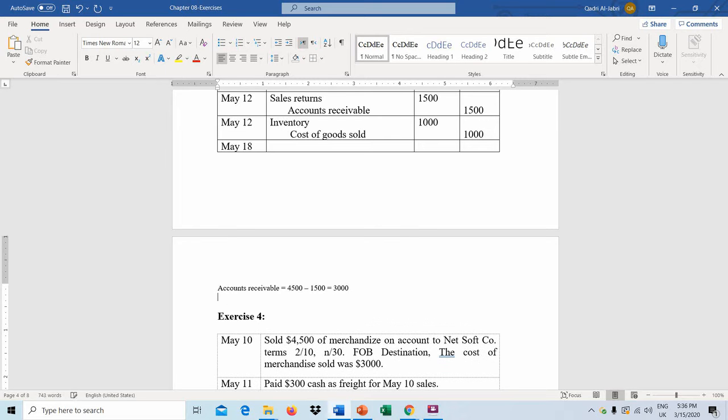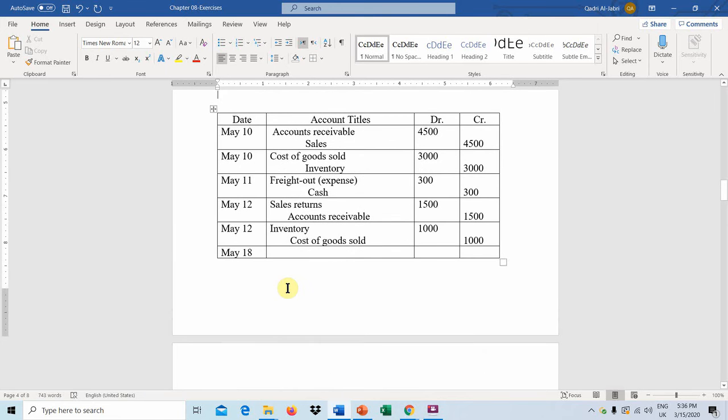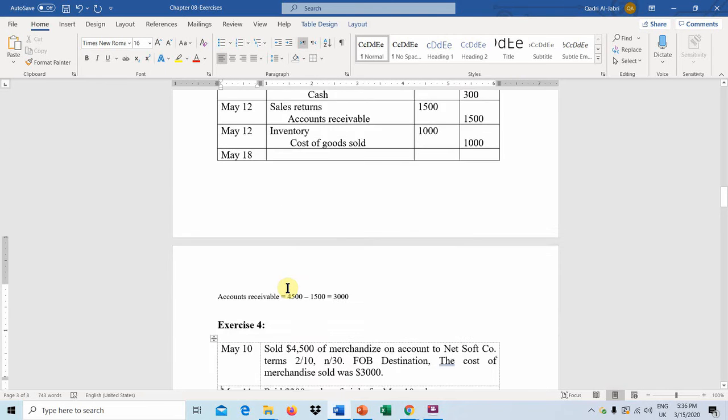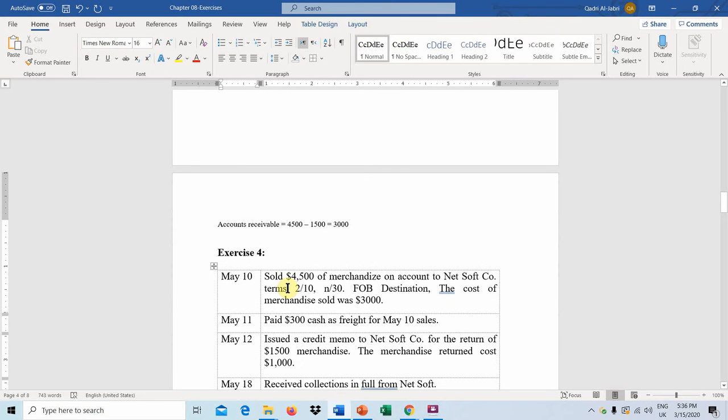But we have some credit terms. As you see from the credit terms, the seller, which is our company, promised the customer that if he paid within 10 days, he will get a discount of 2%. 2% of the receivables amount. So the sale happened on May 10. So the customer paid on May 18. So he paid